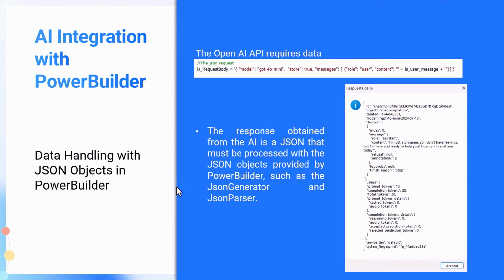This allows your application to process the AI's output, for example, displaying it in a text box, or in a data window, or using it to drive logic in your programs. The most important thing here is that we can manage or handle the information or the response that we get from ChatGPT. Okay,